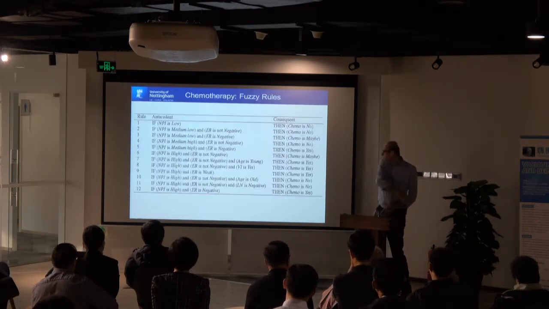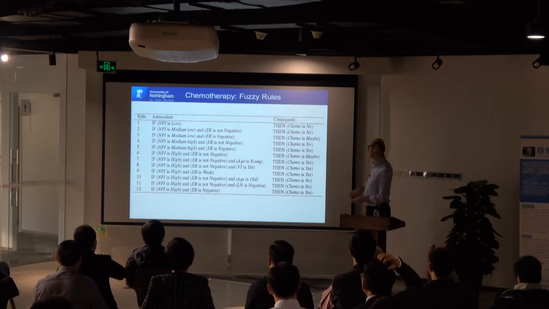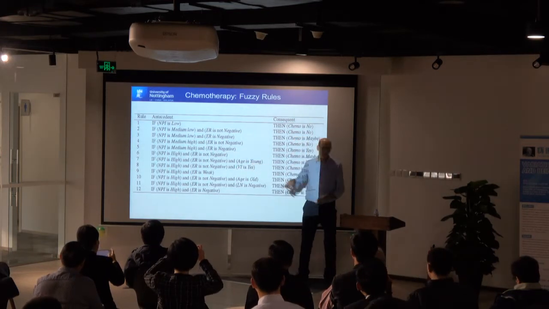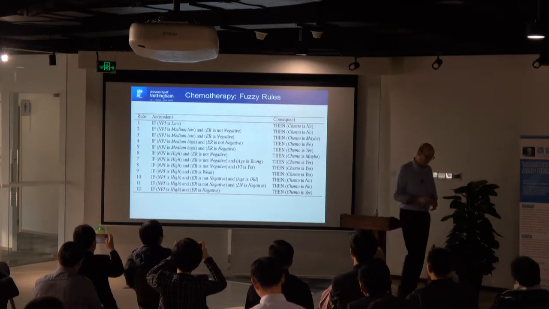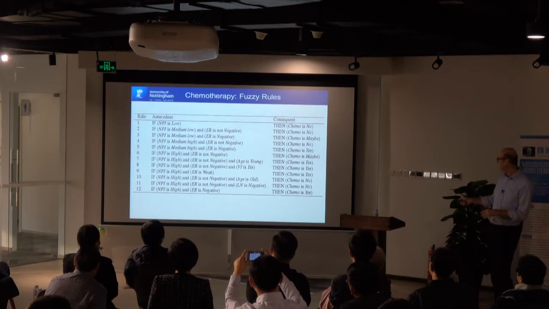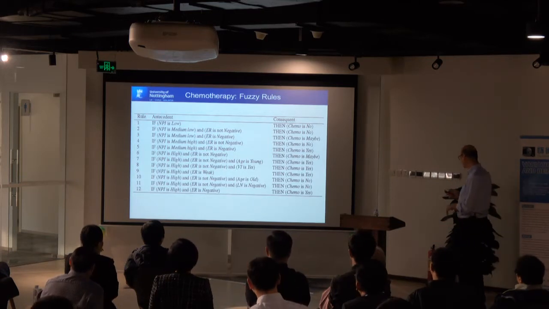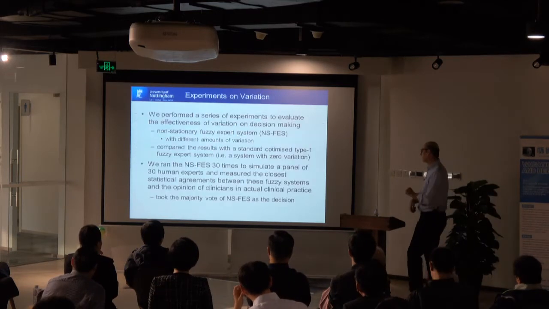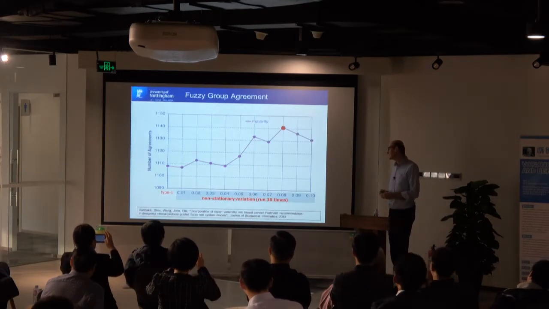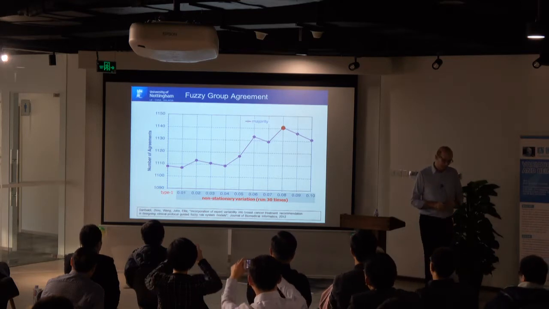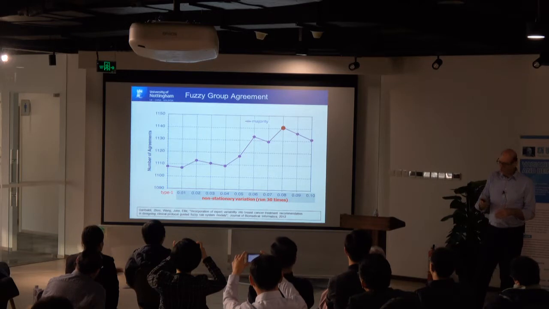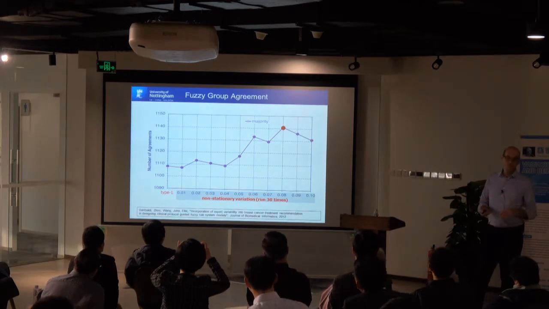But I turned that clinical protocol into a set of fuzzy rules, and this fuzzy rule here, where we've got age is young, that's a fuzzy rule exactly like those fuzzy sets I was talking about earlier, where we have a young fuzzy set, and we look up that age is young on the young fuzzy set. I'm just going to skip straight to this one, and say, so what the team did, we built a fuzzy system, and we optimised it to create the best fuzzy system we could.